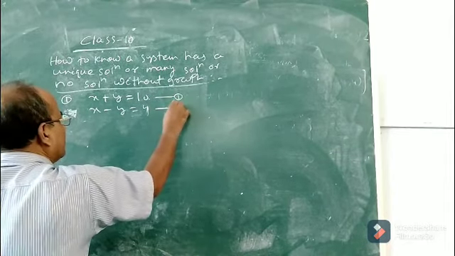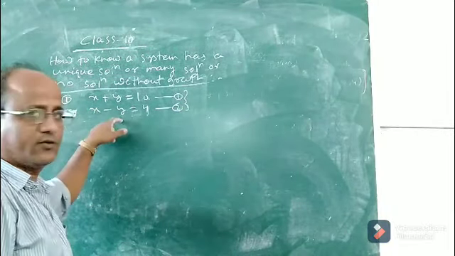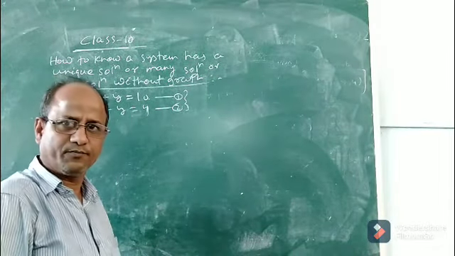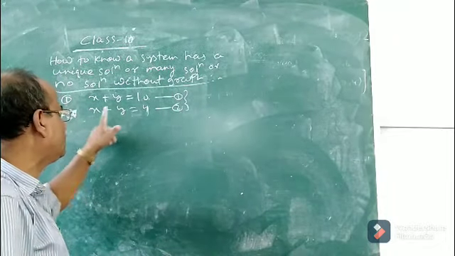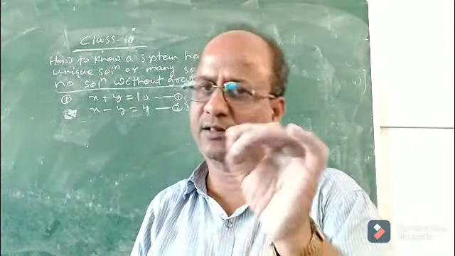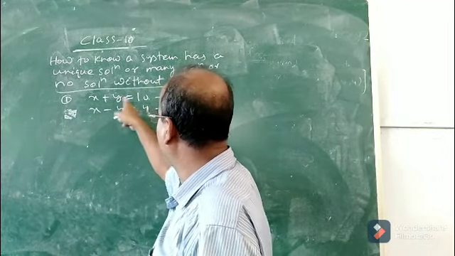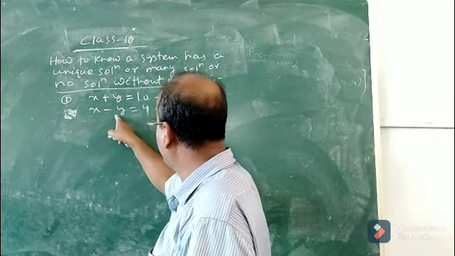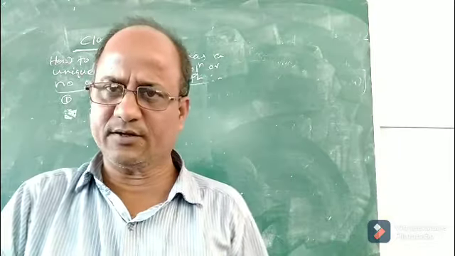You are given two linear equations in two variables: x plus y equal to 10 and x minus y equal to 4. So you can easily tell me what are the values of a1, b1, c1, a2, b2 and c2, because you know the general form of a linear equation in two variables and the pair also. This is of the form a1x plus b1y plus c1 equal to 0. c1 will be minus 10. Similarly a2x plus b2y plus c2 equal to 0. Now you are given the pair of linear equations, or system.